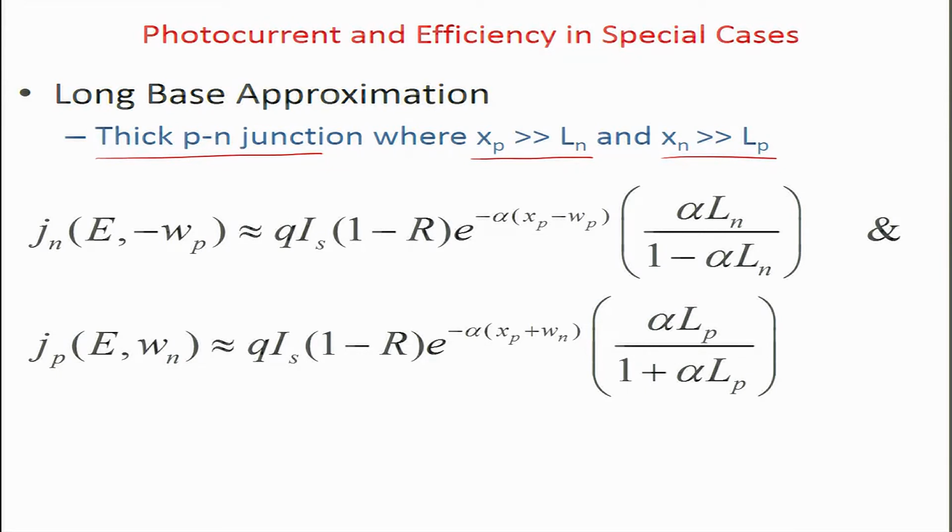So this is the current you will get without the bias. Of course, the total current that you will obtain is J total, which is minus JSC, the one which you obtain from the short circuit, and whatever is J rad, which is the positive current which is going to give rise to.